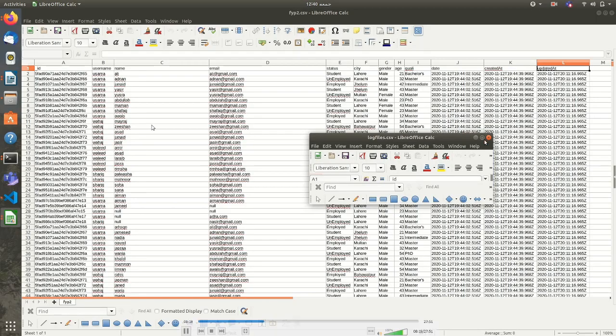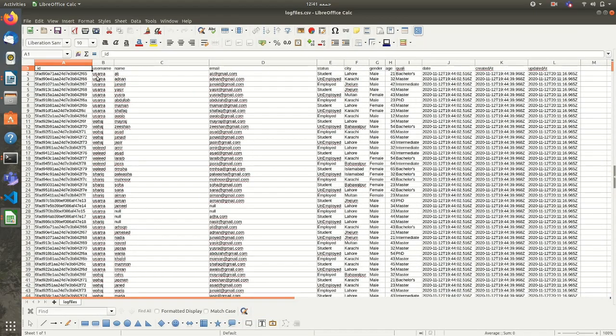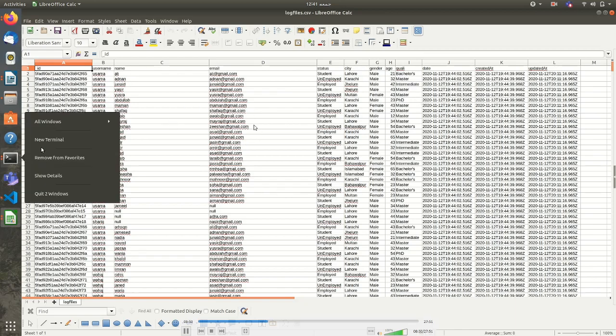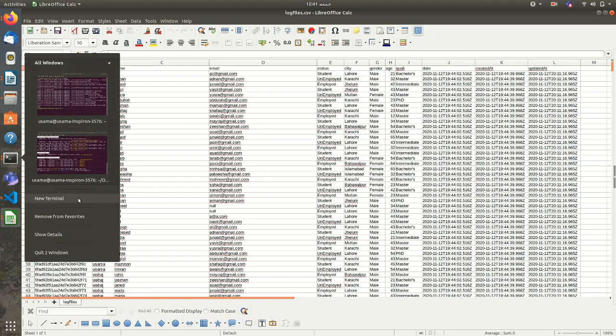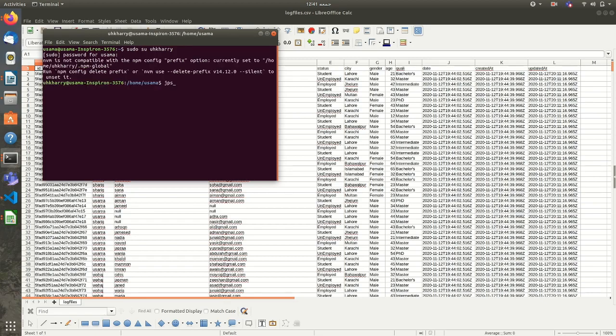Now you can see the data set, and these records: name, email, status, city, gender, age, qualifications, created by the 4 main root users, and we will analyze it with the help of the big data tool Hadoop. Now we are starting Hadoop. We need to switch to the account where Hadoop is present. Now we are starting Hadoop by typing start-all.sh,